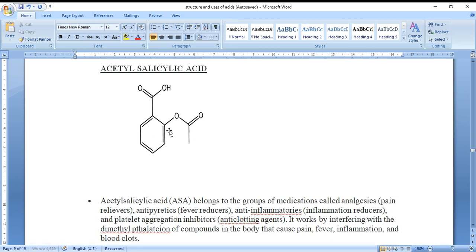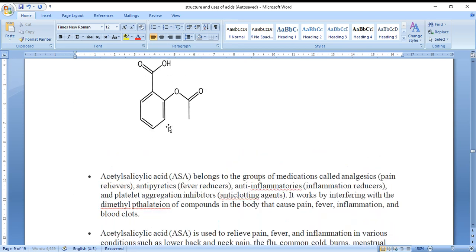So acetyl salicylic acid is one of the important compounds, and you people know that acetyl salicylic acid is nothing but aspirin. Okay, which is having more properties. I think these properties of acetyl salicylic acid can also be written as uses of salicylic acid. Why? Because in the preparation of acetyl salicylic acid, this salicylic acid is used as a precursor, so we can write all these properties also, okay.